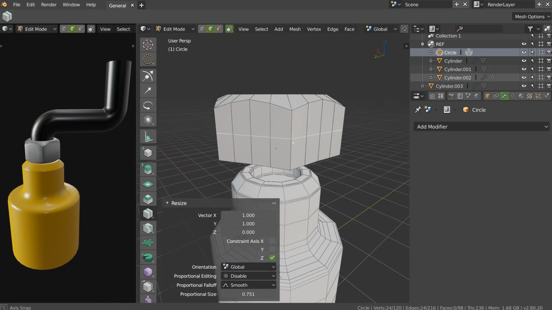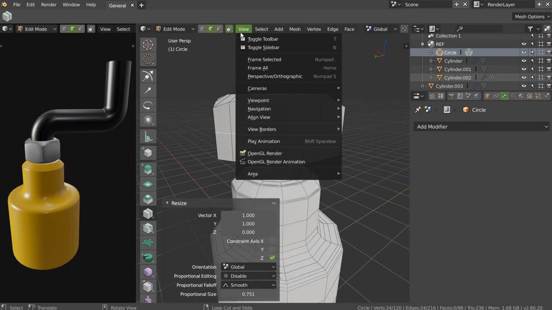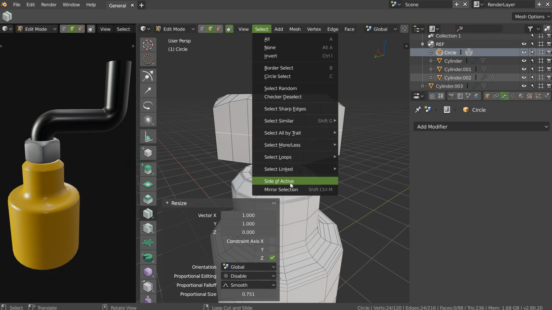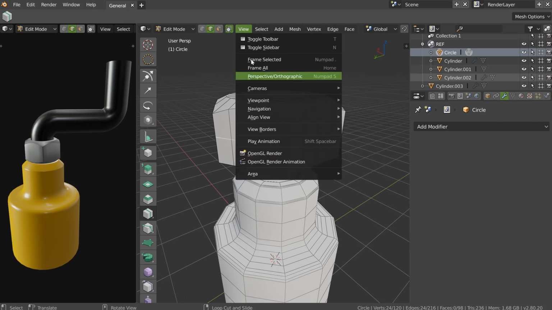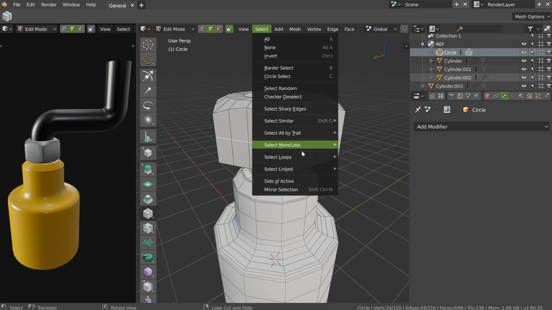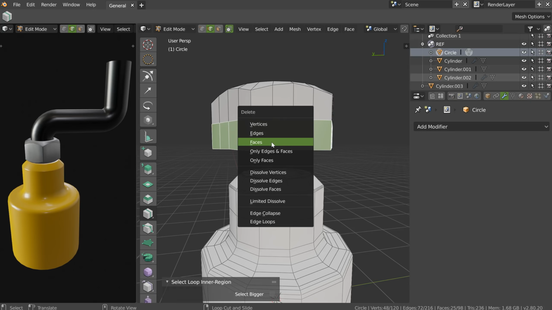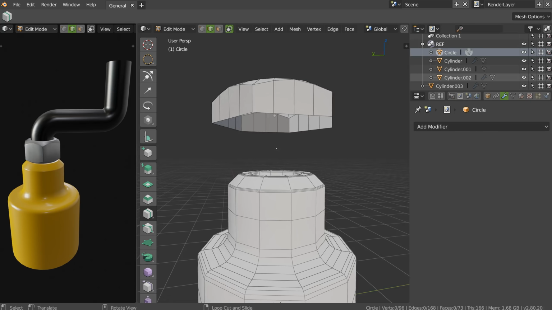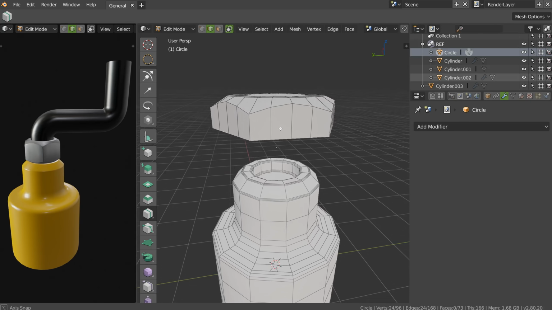SZ0, I will press, normally it's maybe in edge, no, in select boundary, select loop, select boundary loop, no, not boundary loop, but select loop, loop inner region, okay, that was this one, and I will press X and face. I will press 2, Alt, I have too many, it's too difficult for me, all of this.